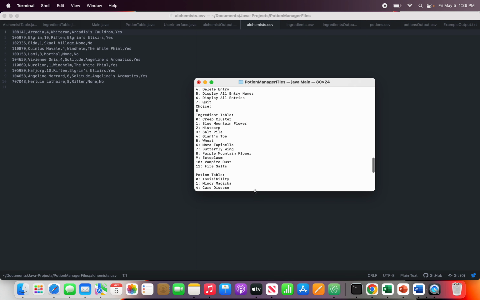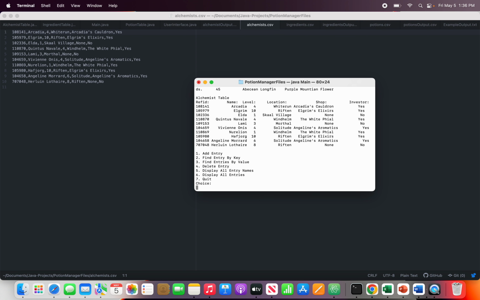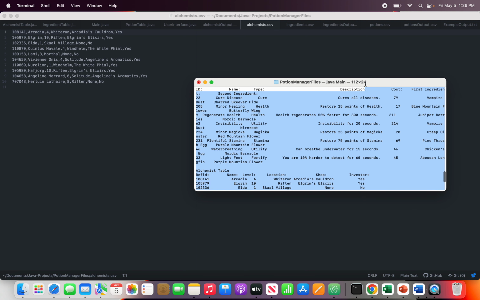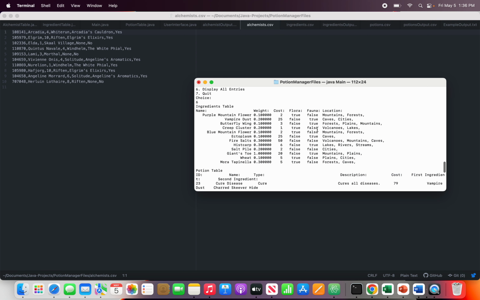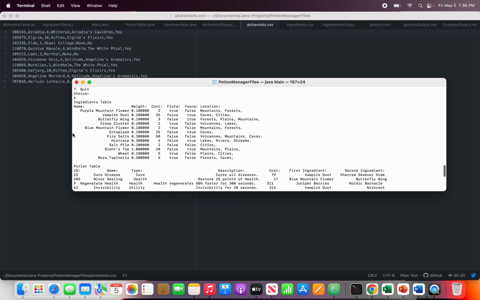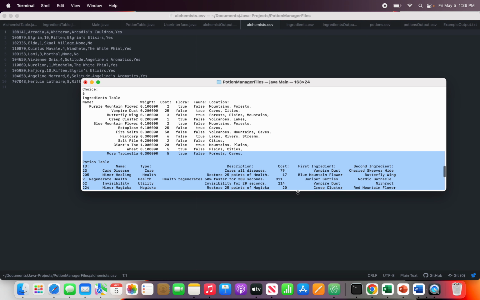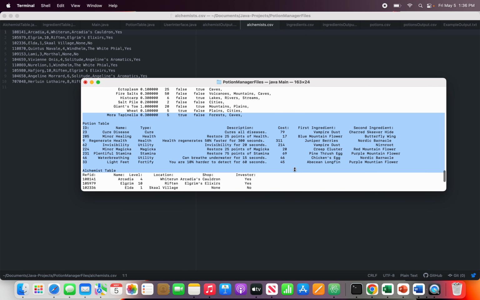You got that for ingredient table, potion table, and alchemist table. Display all entries in a matrix. I'm gonna have to widen this because a lot happens. Okay, you got the name, the weight. For ingredients, you got the name, weight, cost, and flora, fauna, locations. You have the potion table, ID, name, type, description, cost, first ingredient, second ingredient. I had to put this in like a very specific